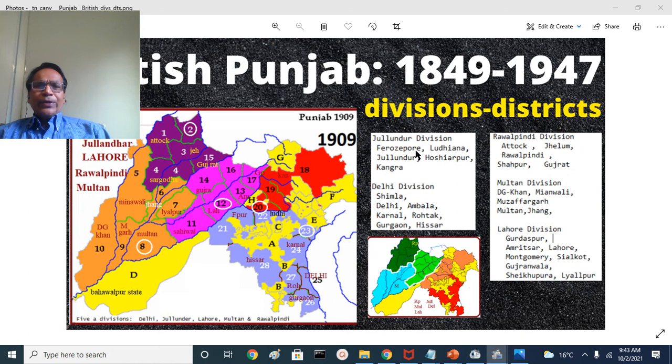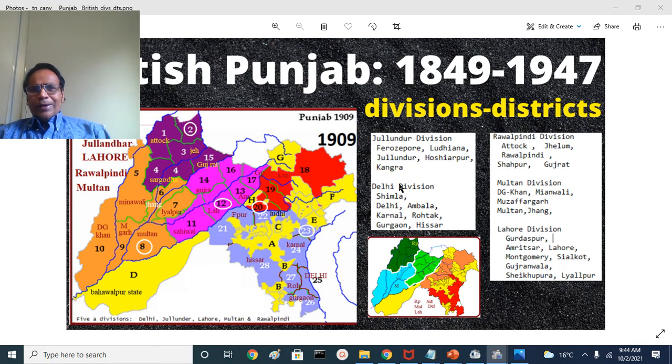Then we have Jalandhar division. Jalandhar, Firozpur and Ludhiana, Jalandhar, Hoshiarpur, Kangra. Firozpur, the eastern side of the river Satluj, Firozpur district. Then the red one here, number 20, is Jalandhar district. Then the Hoshiarpur district and Kangra district, Kangra, Kulu and Lahul and Spiti. That's the Jalandhar division. From the Rajasthan border to the Tibet border almost, from 200 meters in the Indo-Gangetic plains to nearly 7 or 8,000 meters above mean sea level. A very diversified division, the Jalandhar division.